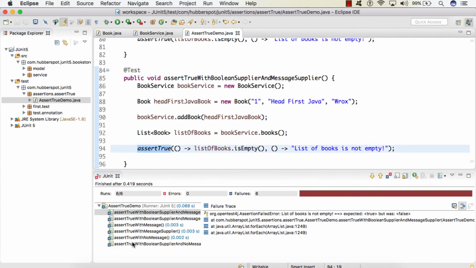So here we saw that all the test cases failed because we have added one book and the list of books is not empty.